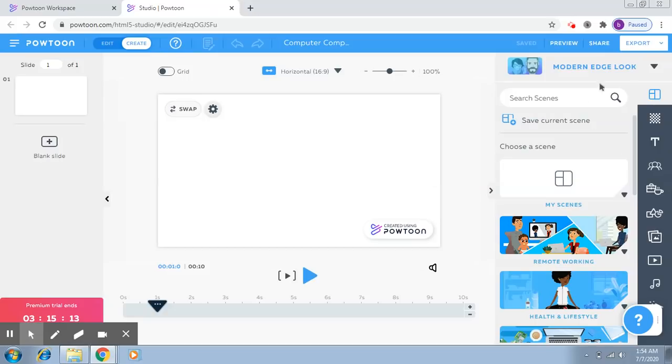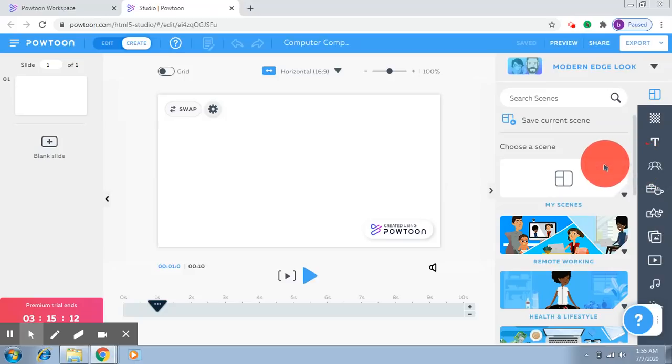Now, if you move to this right hand side here, there are several buttons and several options that are available. Let us just take a basic look at each. So the first thing that you can see this here is the background. So this is going to decide the background of this scene. This option here talks about text. So this is when you have to add some text into the slide.